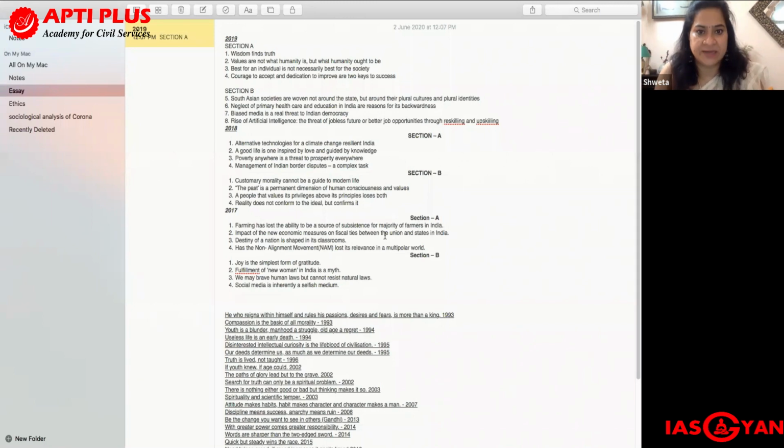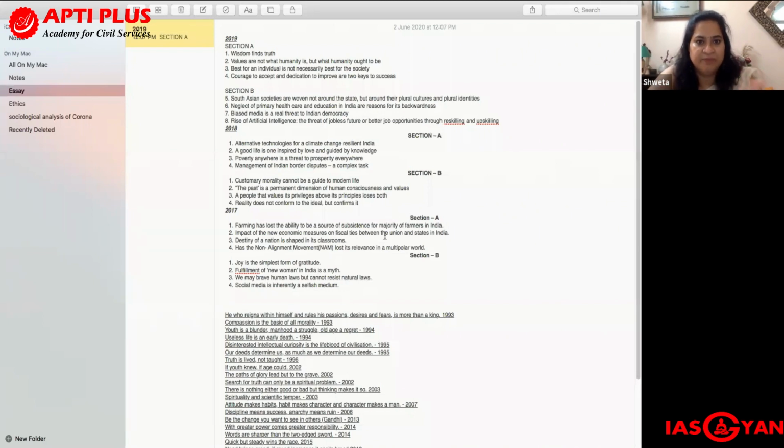So the examiner is giving you a scope to inquire why this is, how this has happened, in what ways it has happened, why this condition was not earlier, because it is saying farming has lost, not had lost. So you need to pay attention to every single segment. Anyway, you can understand that this topic requires first and foremost a socio-economic engagement. So the prime focus is socio-economic engagement, though we can open other dynamics as well.